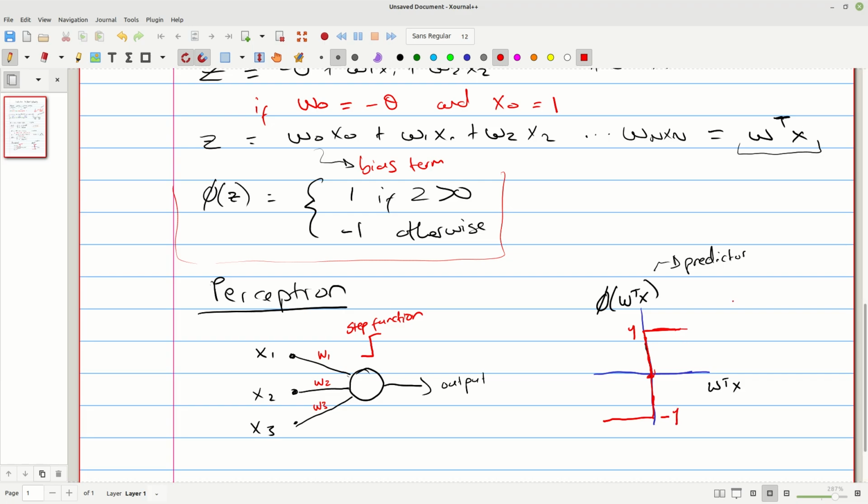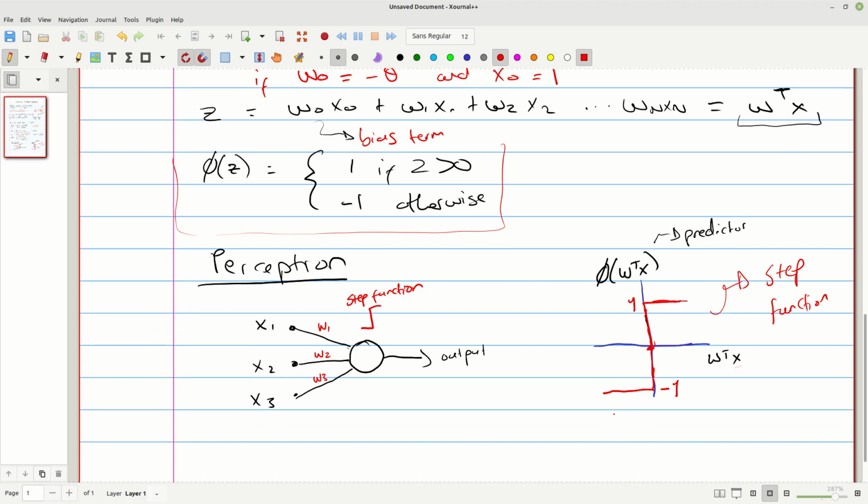So this is called a step function, right? It's just a way for us to threshold our predictions, to say, okay, we compute this w transpose x, our weight vector times our features, and either it's going to be a positive class or it's going to be a negative class. That's essentially the meaning behind this.